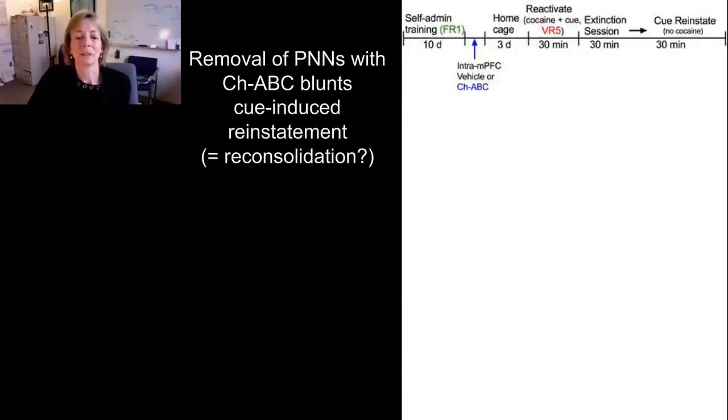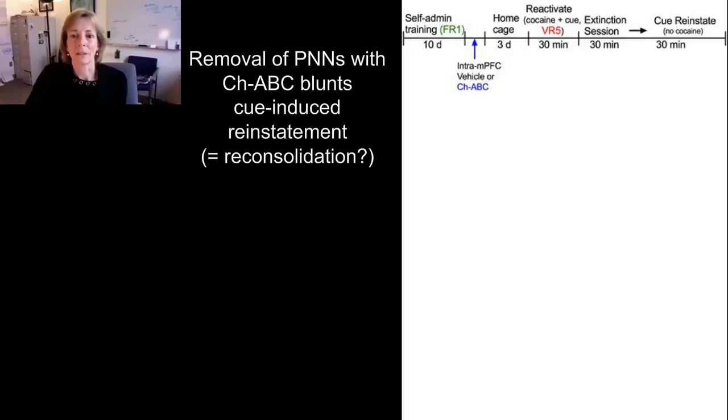And then we've just begun looking at reconsolidation using this self-administration model. For this, it takes a little explanation, but if you look at the left-hand side of this timeline at the top, the self-administration training is said here as FR1, and that means that every time the animal pushes the lever for cocaine, it gets a single injection of cocaine, a fixed ratio 1. So push once, get a cocaine injection. And we do this for 10 days, and after that period, we inject ChABC or vehicle in the prefrontal cortex to remove nets. Wait a few days, and then